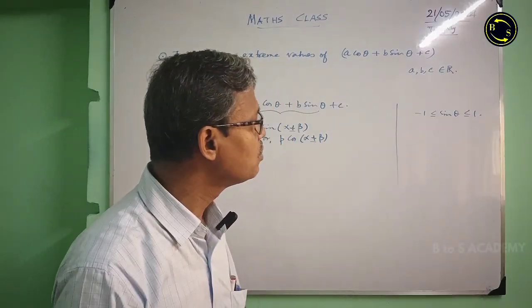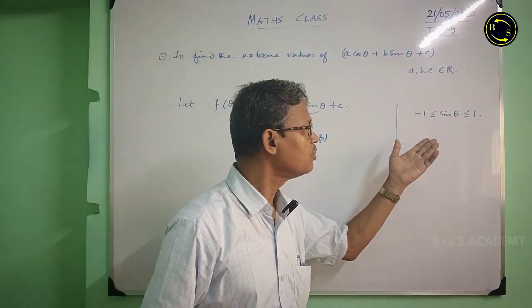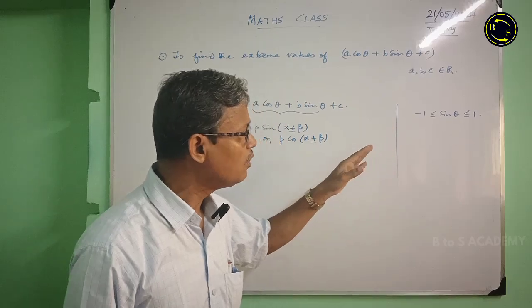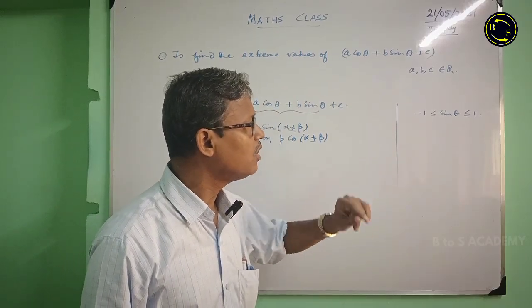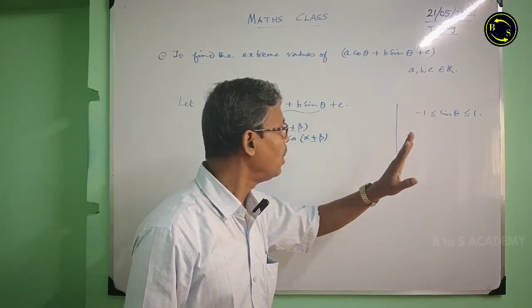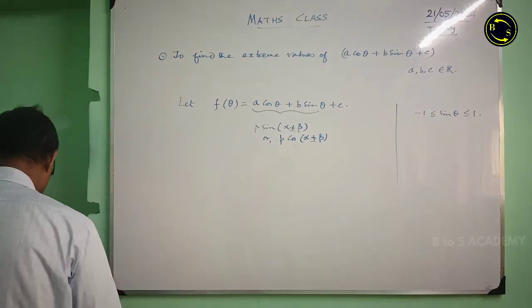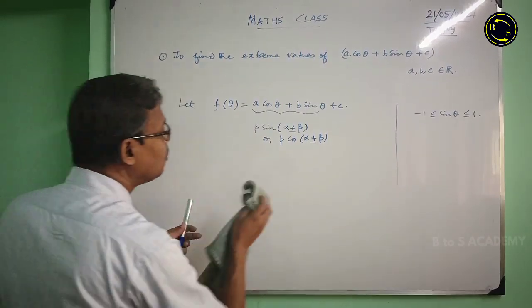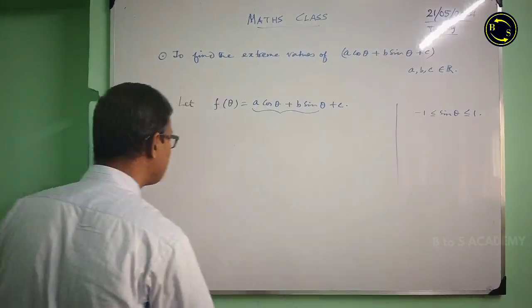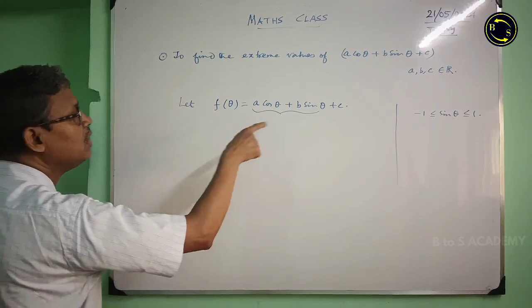For any real value of theta, the least value will be minus 1 and the greatest value will be 1. Keeping that idea in mind, we first try to express this part